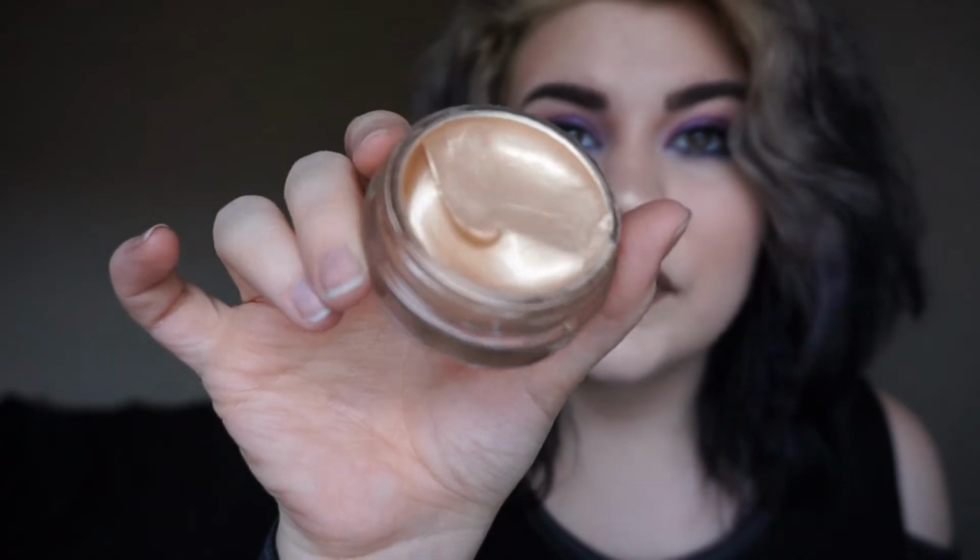It looks so gorgeous in here. Sorry I'm not swatching this stuff. If I swatched it, it would literally take like 5,000 years. So that's why I'm not swatching everything. But if you want to see something particular, like in a tutorial or something, just let me know and I can use it. But I'm probably going to be using all this stuff